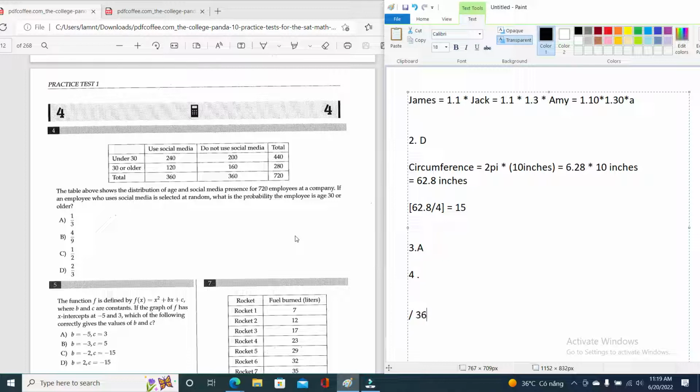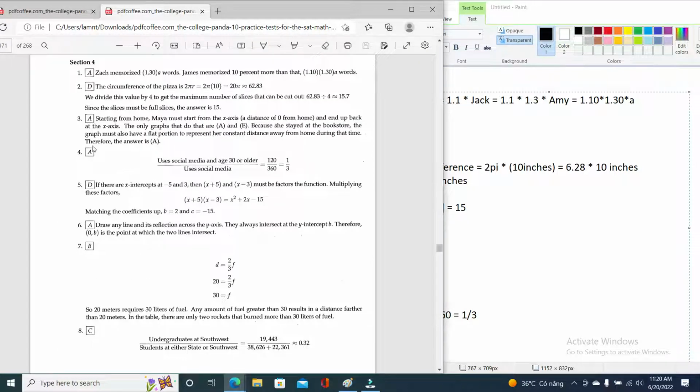So we have to divide whatever we find by 360. We have to find the probability that they are at least 30 or older. So for those who use social media, there are 120 who are 30 or older, so it's 120 over 360, which is 1/3. So the answer is going to be A,